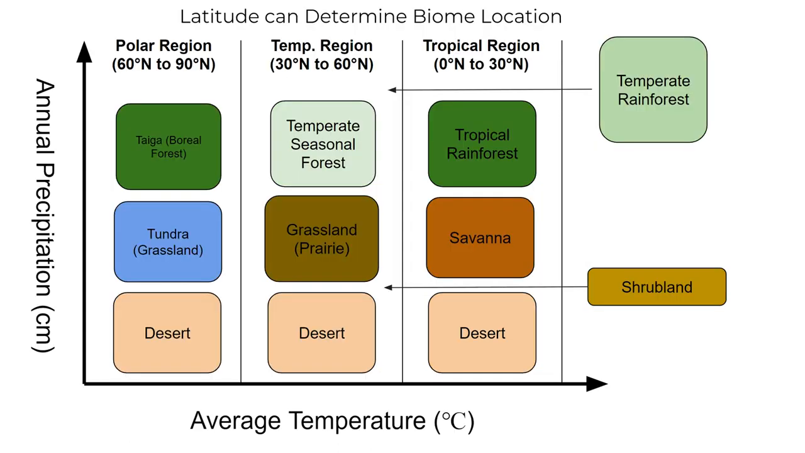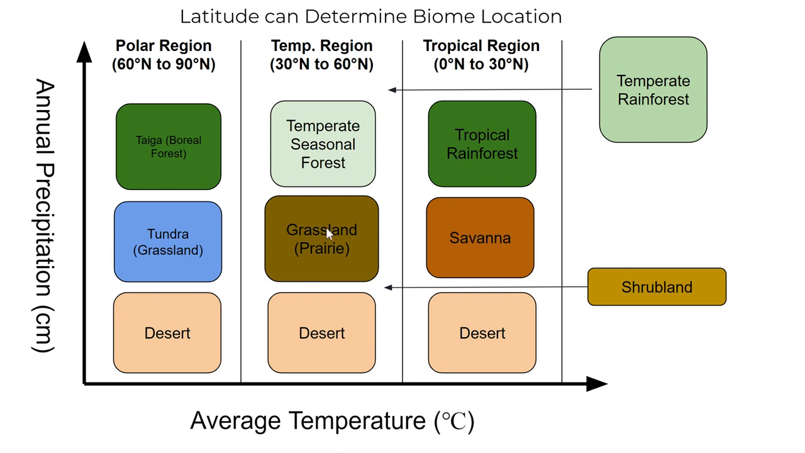Latitude is also going to determine biome location because of things like being close to the equator. So I can find the equator here, the tropical region, at 0 degrees, and then 30 degrees north and south, you're going to have much warmer temperatures because the equator tends to be the warmest part of the earth. So we have things like tropical rainforests and tropical grasslands like savannas,